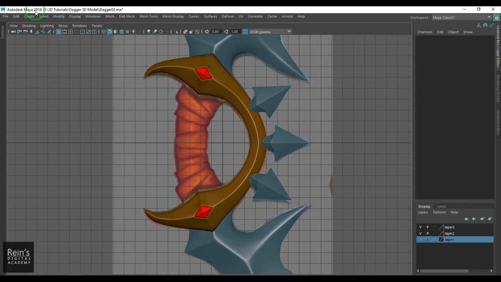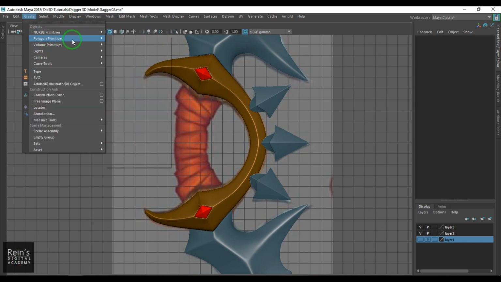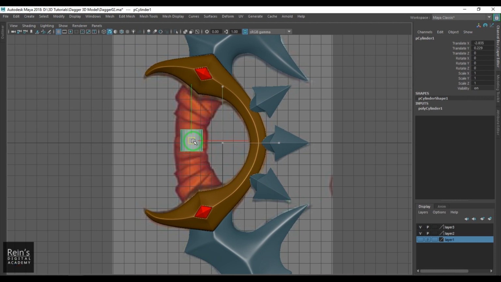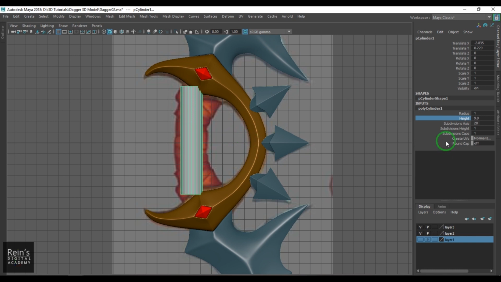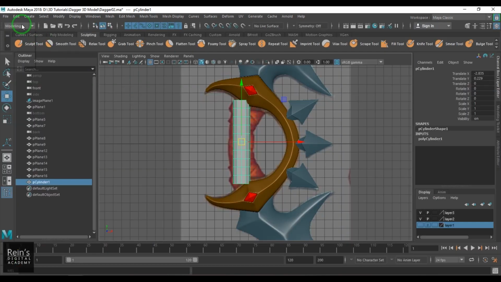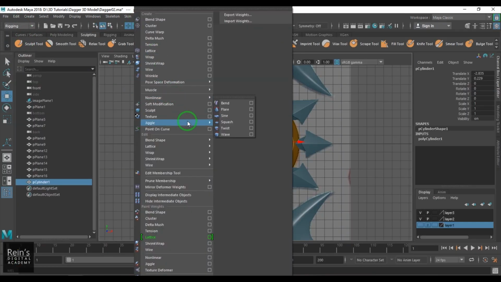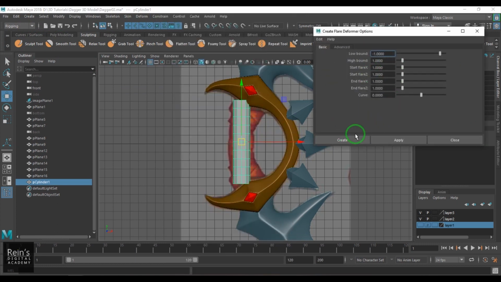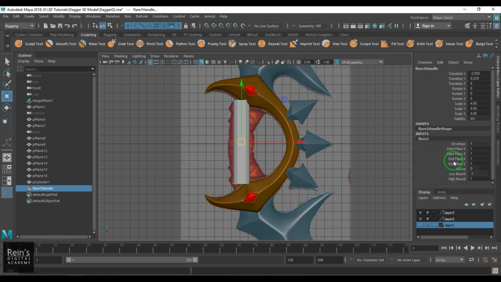Now once that is done, I take a polygon cylinder, put it there, and increase the height. I'll put the subdivision axis to 12 and subdivision height to 10 roughly. So go to the rigging, deform, non-linear, flare. Okay, so I'll apply the flare deformer and then increase the radius of the start and end, and then just give that nice